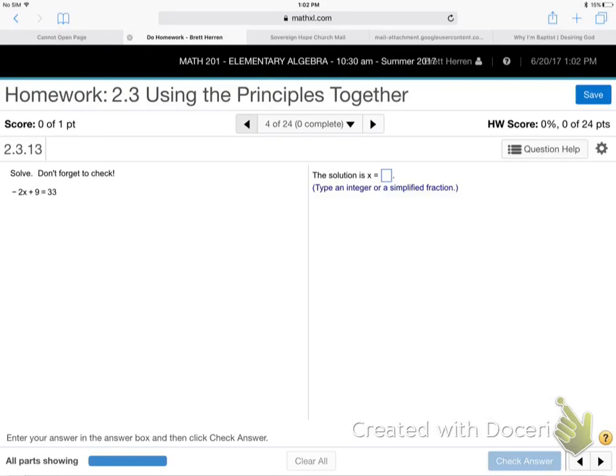Okay, so minus 2x plus 9 is 33. There's the wall. Try that one. X alone. Remember when you divide, last step, divide by the identical twin. Same sign, same everything of what's next to x on your last step. First, subtract 9 from both sides, right? So first step to get x alone,